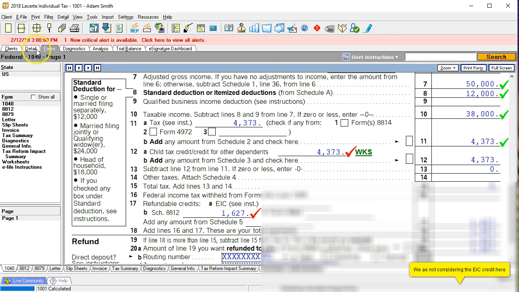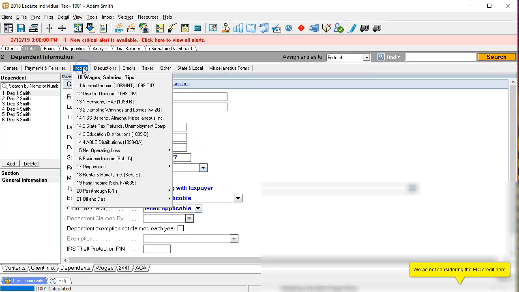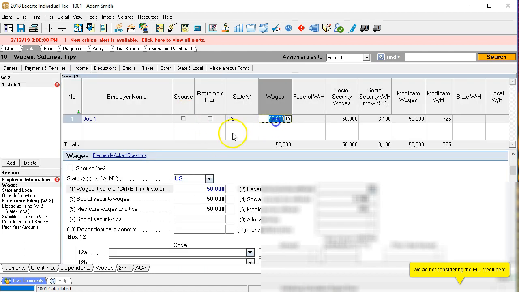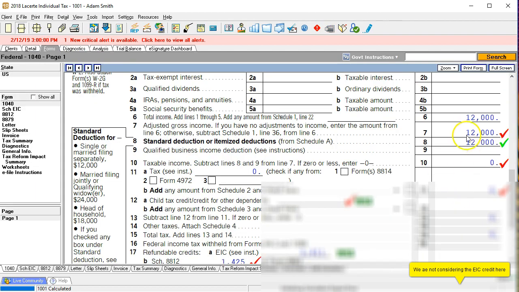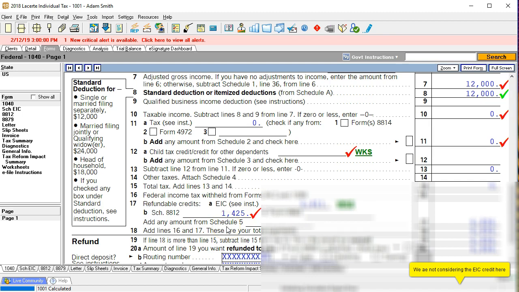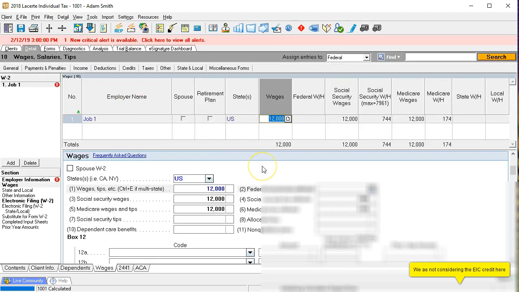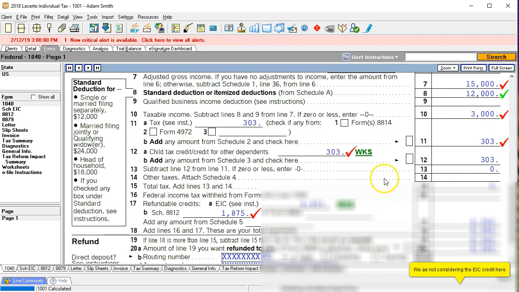So now let's say, okay, what if the income now goes down? We'll say the income now is 12,000, which means we have no tax liability. The income now went to 12,000, no tax liability, no CTC at all, and we've got 1,425. So 1,425 there. Now let's increase it and say, what would happen if we had 15,000 of earned income? We're going to say now we've got a 303 of liability, which means the CTC is at 0, and we're at